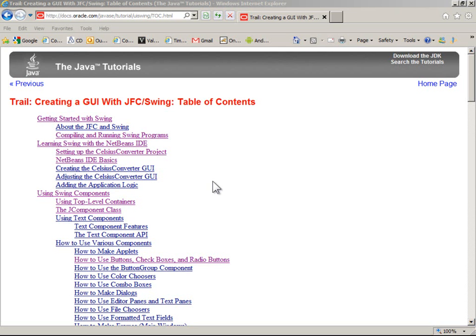So there are NetBeans generated files that are specific to NetBeans when you use their drag and drop GUI editor, and it's a problem. We don't need to do it. We don't need to use that anyway. So understanding Swing components, you could just start in here,